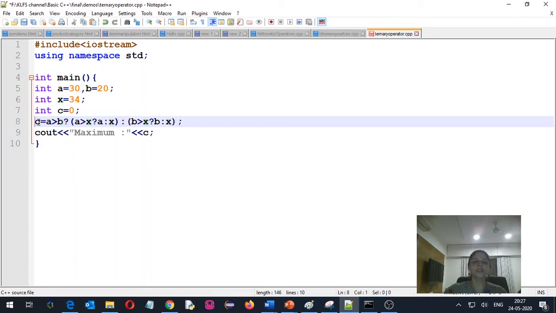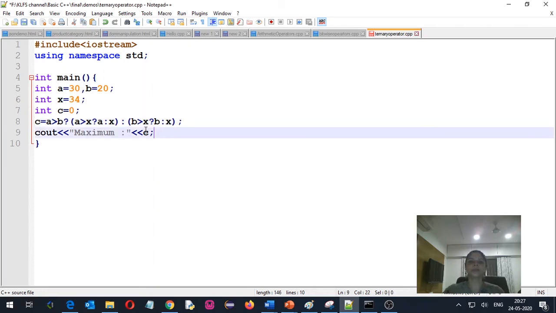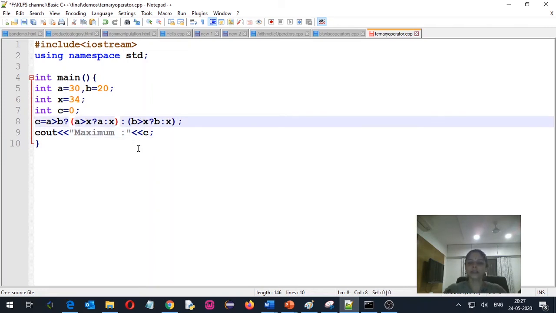So if I use this nested ternary operator, it will help me to find out the maximum of 3 numbers. Now once we understood how to write it, then you can remove these brackets. These brackets I have added just for understanding how to write a nested ternary operator.